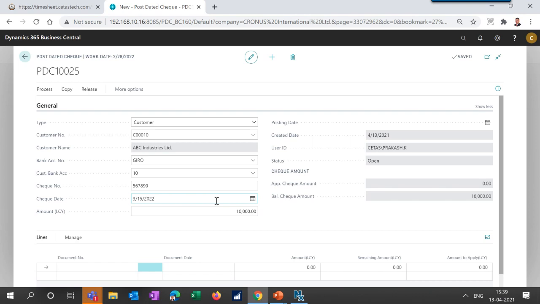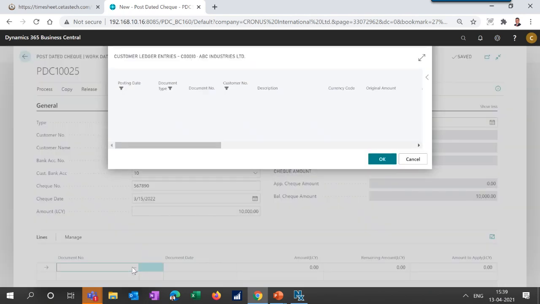If you want to attach it to some outstanding invoices, you can; that is optional. Otherwise, if it is against an advance payment or something, you can simply process it without applying to outstanding invoices. Both are possible.